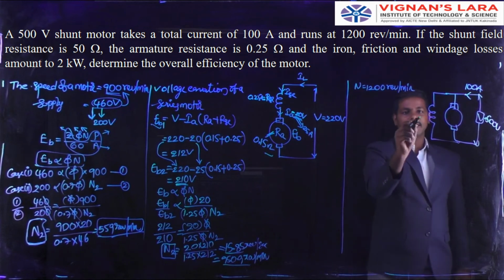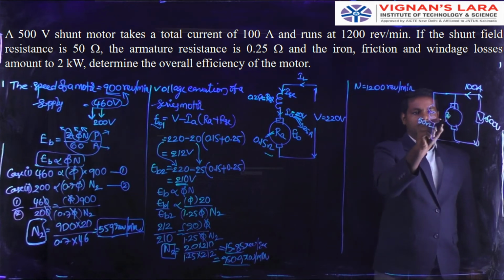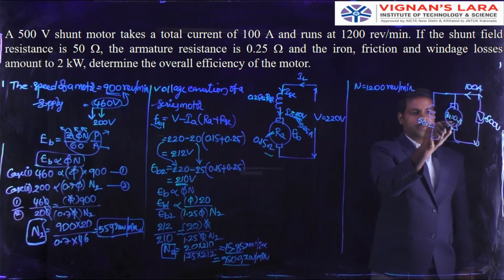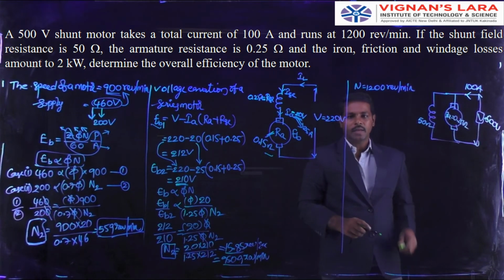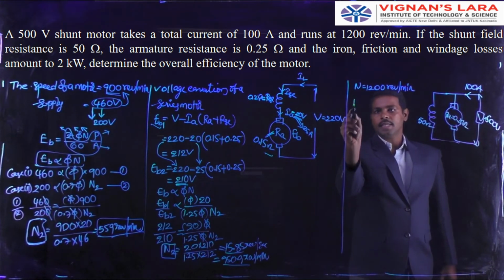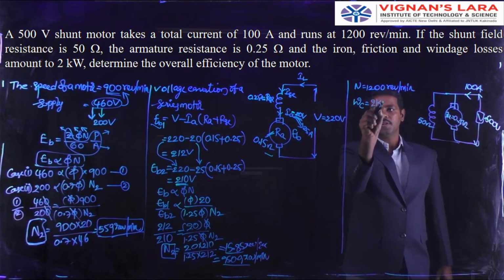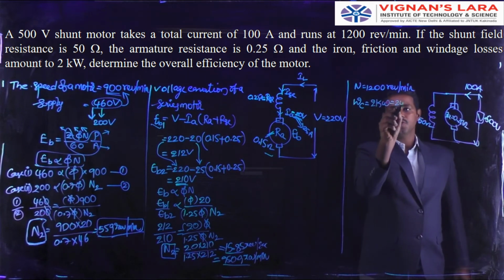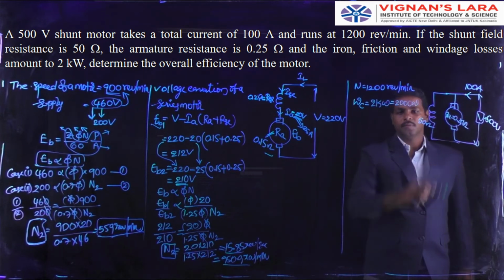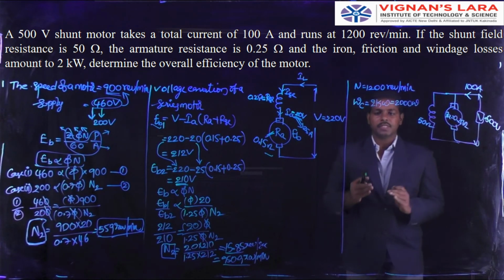The shunt field resistance is equal to 50 ohms, Ra is equal to 0.25 ohms, and the constant losses WC are equal to 2 kilowatts, which is 2000 watts. Determine the overall efficiency of the